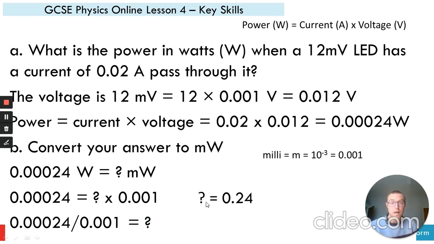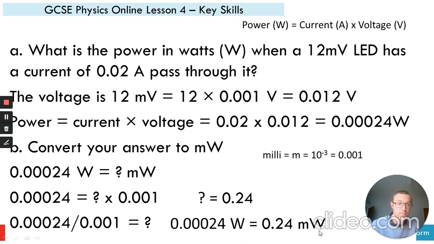Work that out, and you'll get the answer as 0.24. So 0.0024 watts is equal to 0.24 milliwatts. If you're very comfortable with this conversion, you'll be able to see it's the same as multiplying by 1,000. We just multiply by 1,000. If you're not comfortable, then do the steps exactly as I've shown, 1, 2, 3, 4, 5, using the table